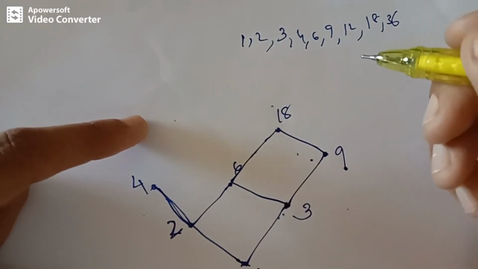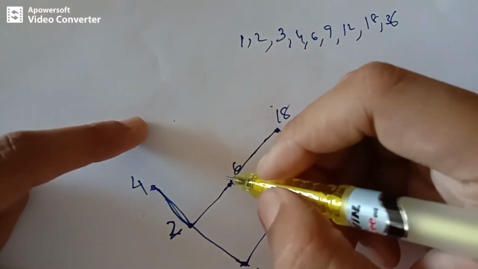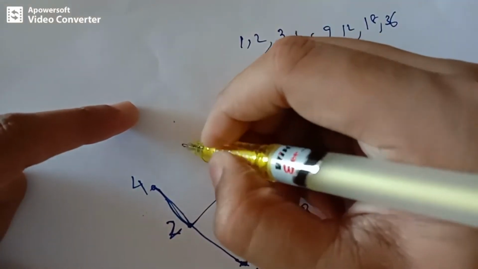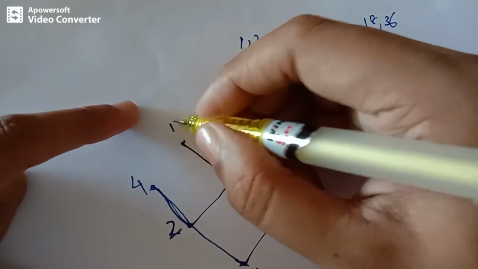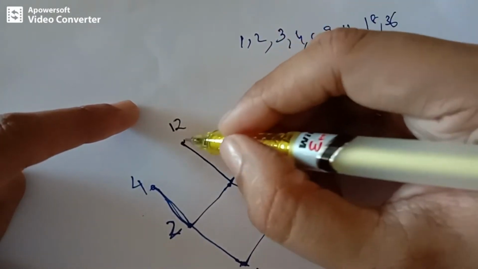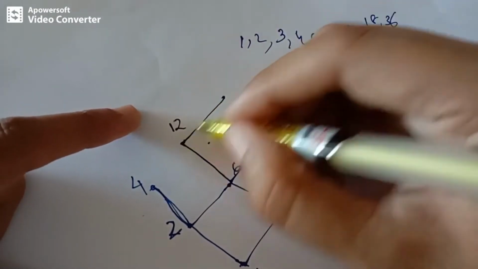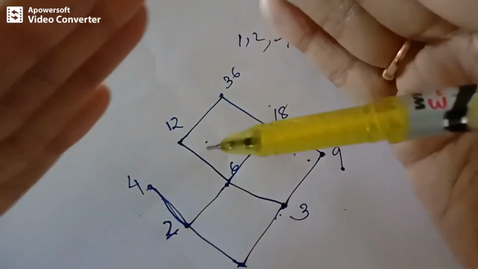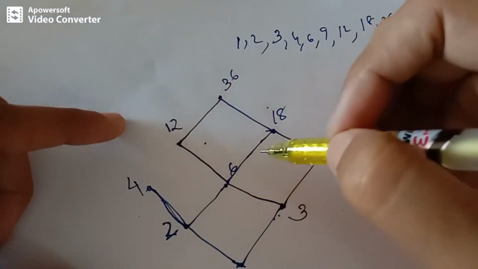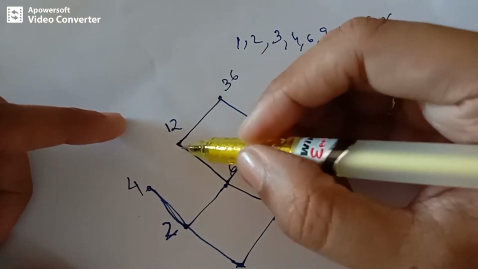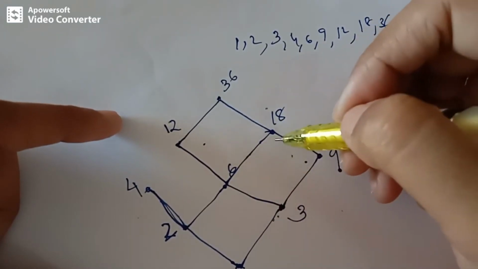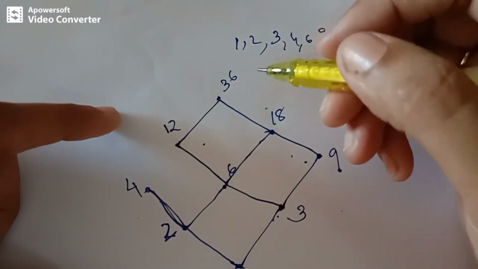If I want to represent 12, 6 divides 12, 12 divides 36. So even 18 divides 36. So I'll include here 6 divides 12, 12 divides 36. The relation goes upwards, right? 12 divides 36. Even 18 divides 36, the relation goes upwards. This means that 6 divides 12, 12 divides 36, so 6 divides 36. You agree, right? So even 6 divides 18, 18 divides 36. Okay, this relation is right.